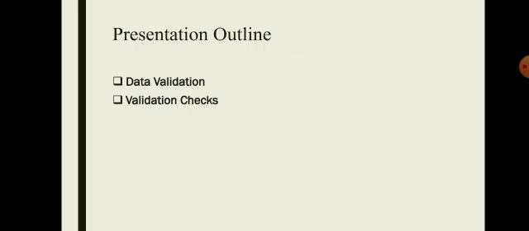Before starting today's lecture, I want to give you a short overview of your previous lecture. In your previous lecture, we covered data verification and the two steps used in data verification. The first one is the basic step, where you match the source document with your final document and verify it, or spot any kind of error that occurs in the data. The second one is the double entry method. So after this, we will start today's lecture on data validation and validation checks.